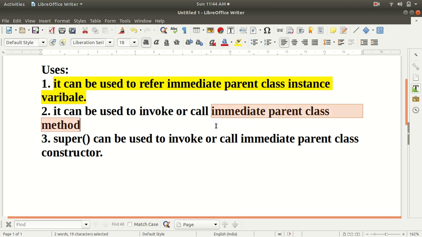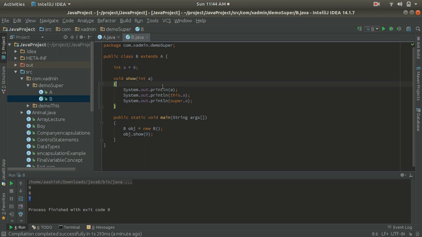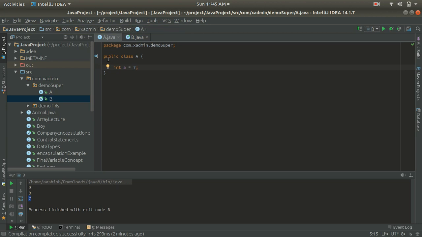So let's go to our IDE, and here I am going to change this class A and class B for this example. Let's start with the class A. Here we have a class A. Let's remove this variable and create a method here.